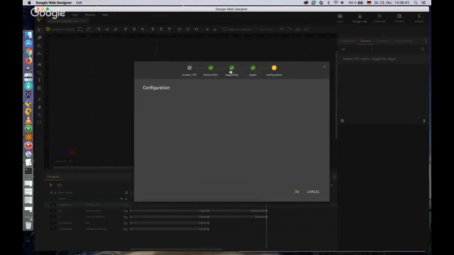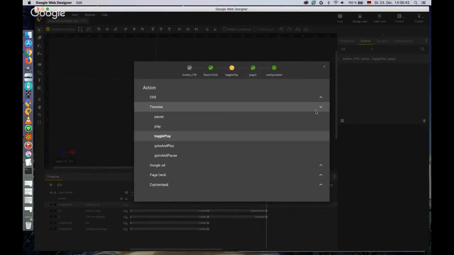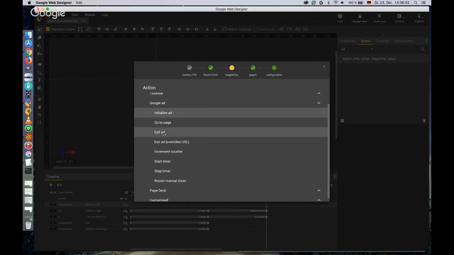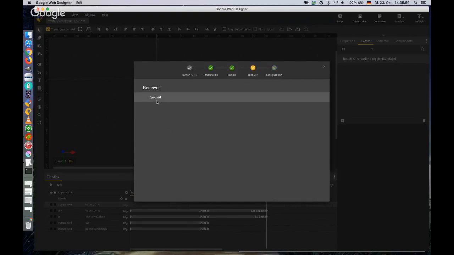What we want to do actually finally is create an exit or a click-through. That's why there's an option here for Google Ad. And the Google Ad option says I can exit ad. Exit ad is the Google Marketing Platform term for click-through. So if I click on this, the receiver will be the ad itself. I give it a name for the exit. In this case, it makes sense calling it the background exit. And the URL should be www.google.com